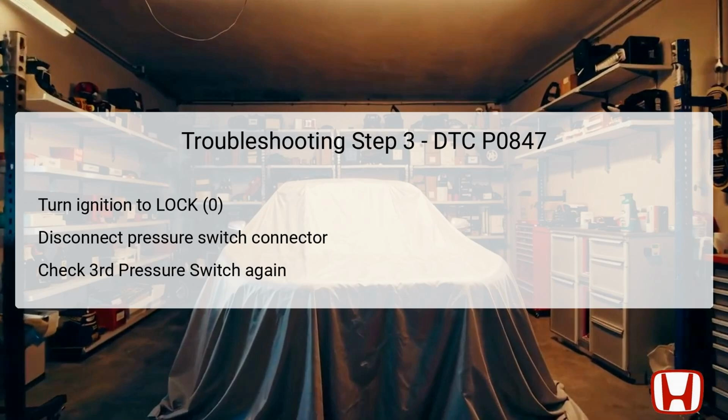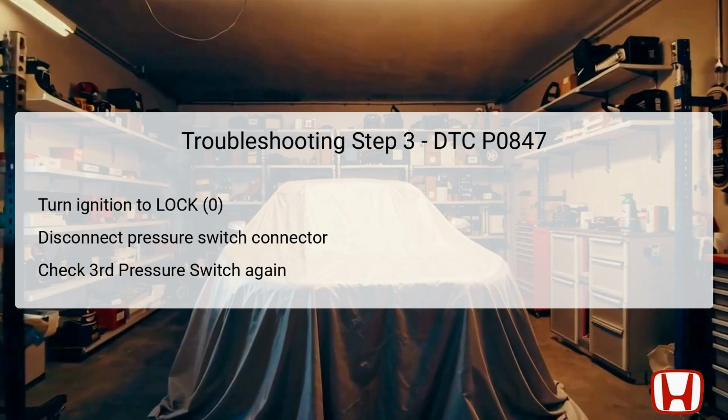After disconnecting the switch, turn the ignition switch back to the on position, 2, and once again check the third pressure switch signal using the HDS. At this point, you want to confirm whether the switch now reads off, indicating that the problem could indeed lie with the pressure switch itself, and not with the wiring leading to it. If the reading is off, the recommendation will be to proceed with replacing the problematic switch, restoring optimal function to